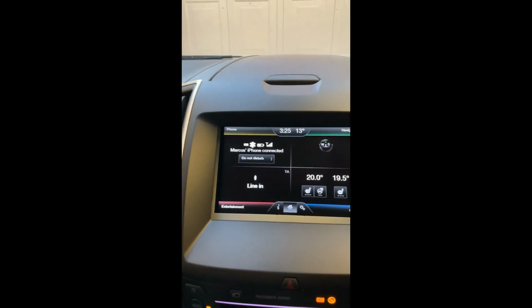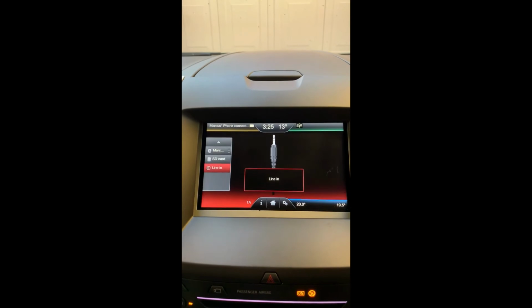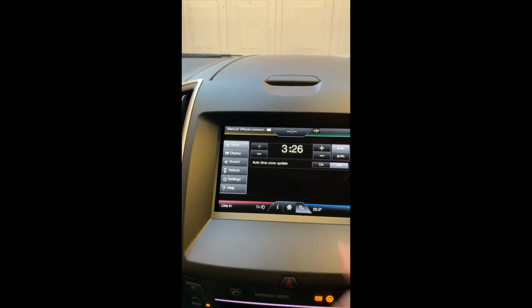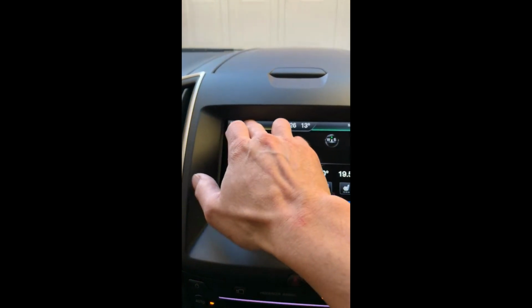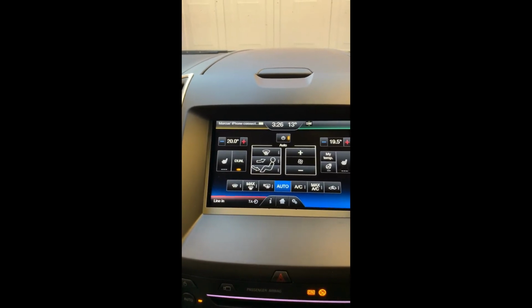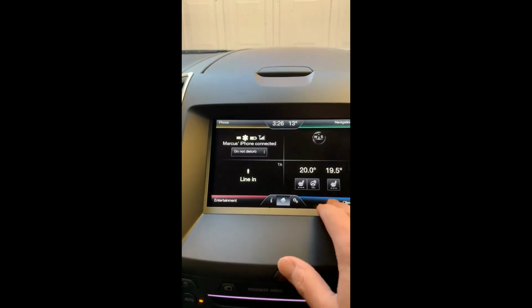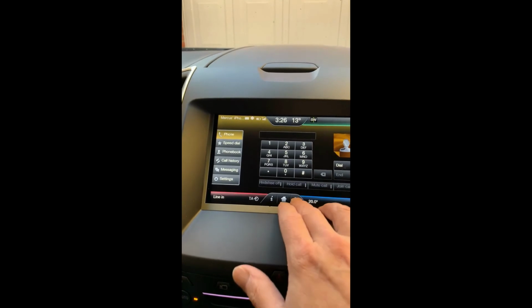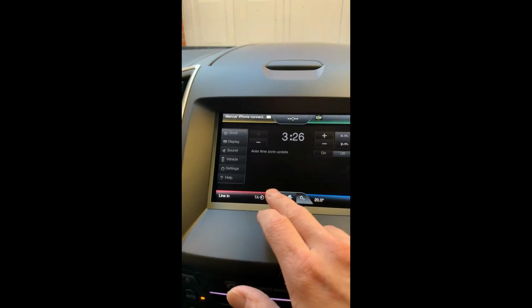and go return and go back to Ford, you'll quickly see if I click on navigation, I'm getting audio. If I click on home, I'm getting the clock. If I click on the clock at the top, I get home. If I click on phone, I get climate, and if I click on climate, I get phone. If I click on settings, that doesn't work. If I click on settings there,